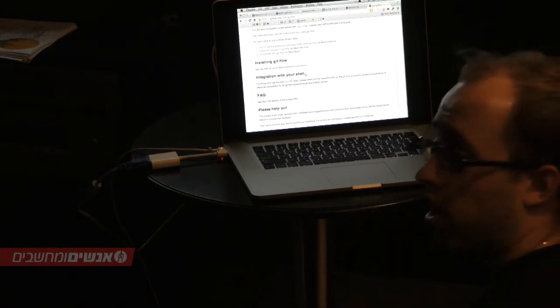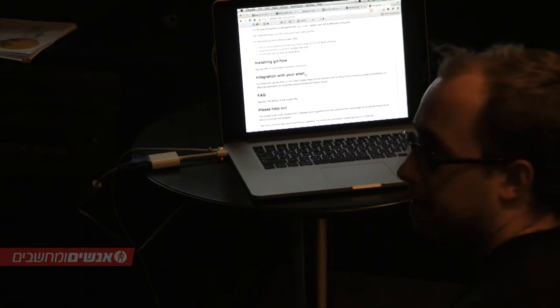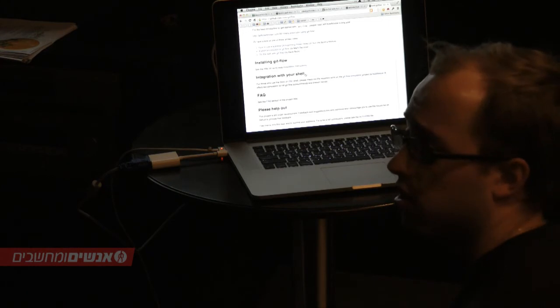I mean, the main one that I would use is Hub. Is it possible to install on the Windows Git? Yeah, it should be. It's a Ruby script, just a bunch of scripts.